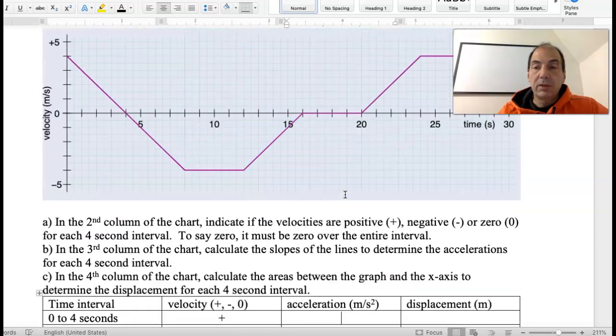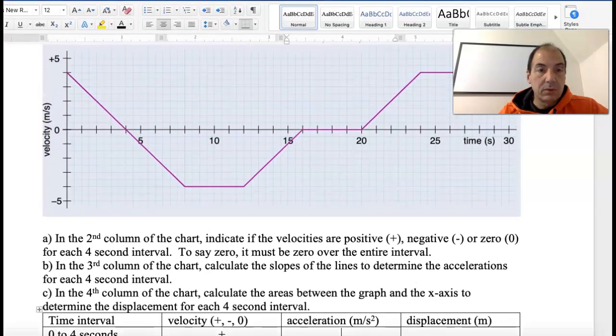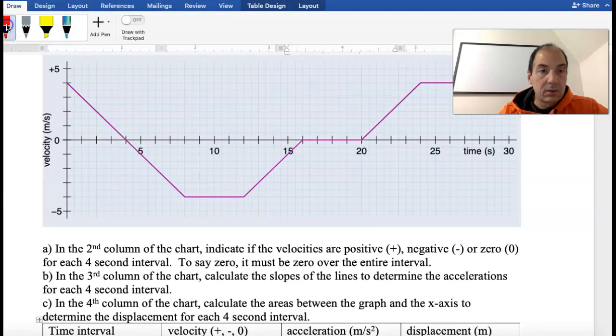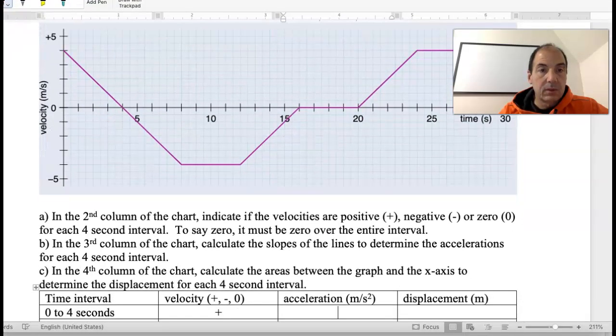Alright, so slope is change in y over change in x, right? So let's just talk about this first interval here. I'm going to switch over to my draw function if I can move this enough to grab it. Okay, my little window's in the way. All right, so the rise, so it's rise over run, but remember it's really change in y over change in x. So we're going from 4 down to 0, so that's negative 4,